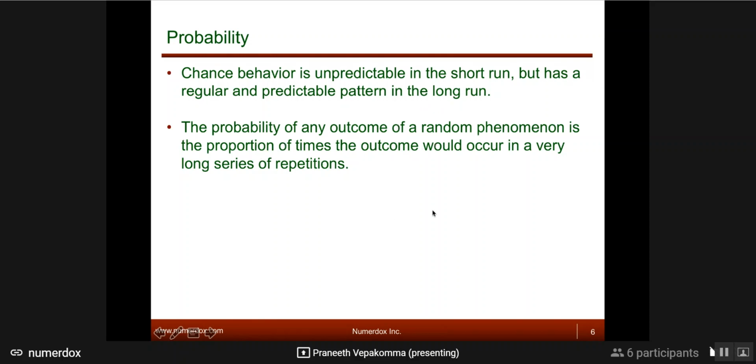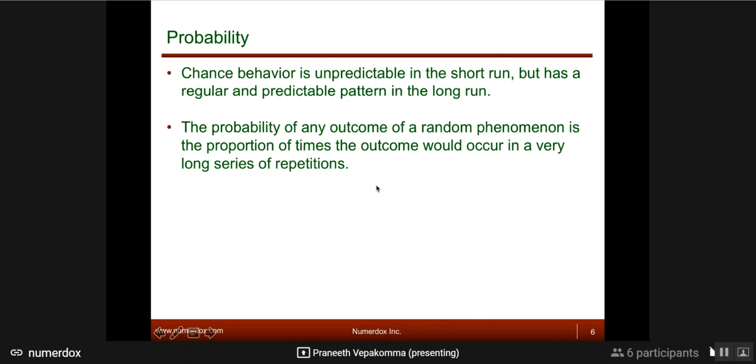Okay, so the probability of any outcome of a random phenomenon, this is a basic formula, right? How do you measure probability? It's a proportion. The probability of any given outcome is the proportion of times that the particular outcome occurs out of the total number of samples that you've generated, right? So if you're looking at an unbiased coin, if you generate 1,000 samples, the proportion of heads and tails would start converging towards half and half, because you will count how many heads you got.